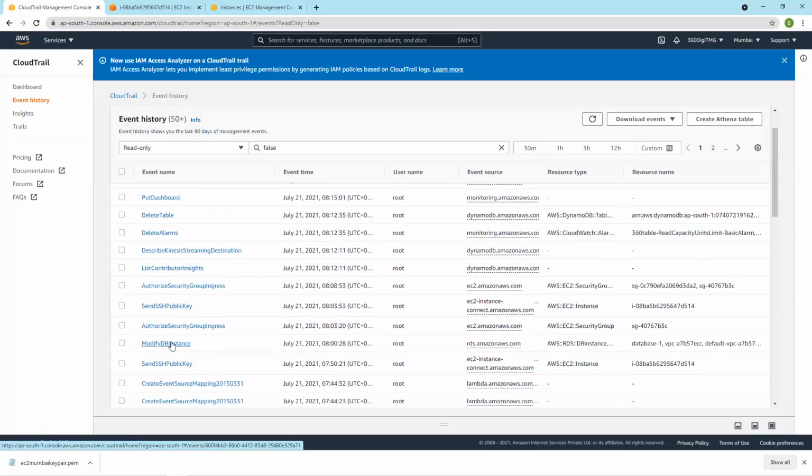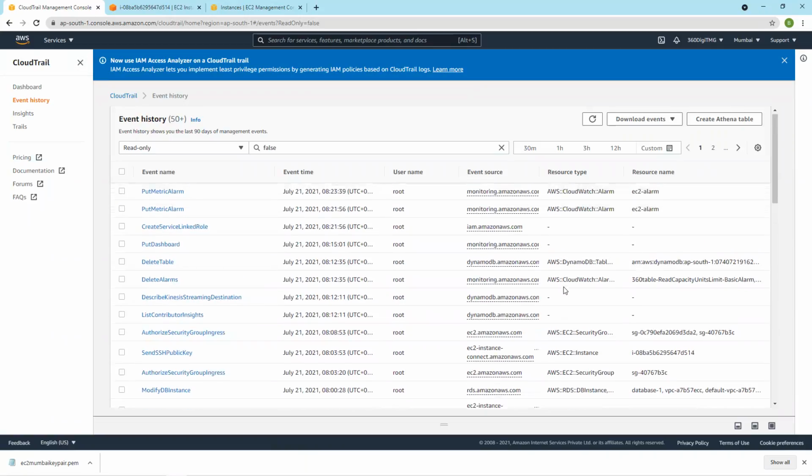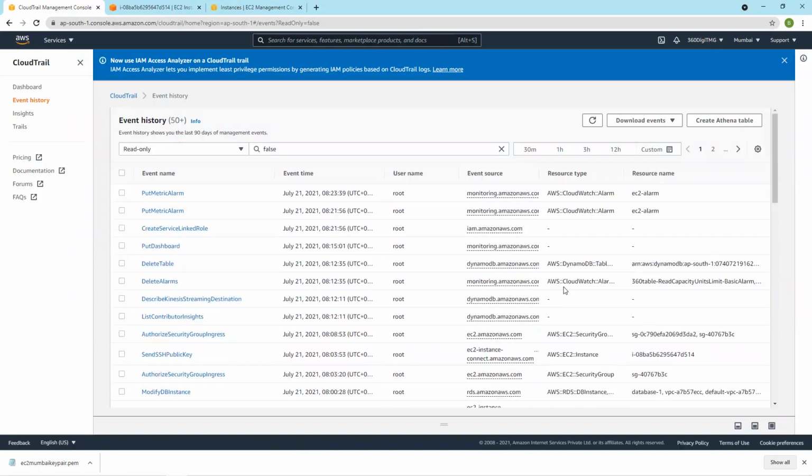If you remember, we have modified the security group, authorized security group ingress. We have edited the inbound rules of this security group. And second time also I have added the security group of EC2 instance, right? If you remember, I have edited this.